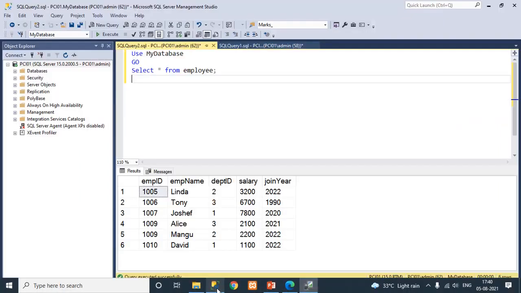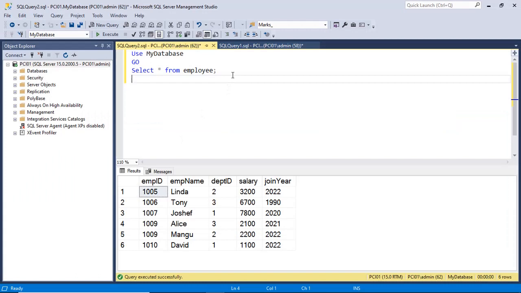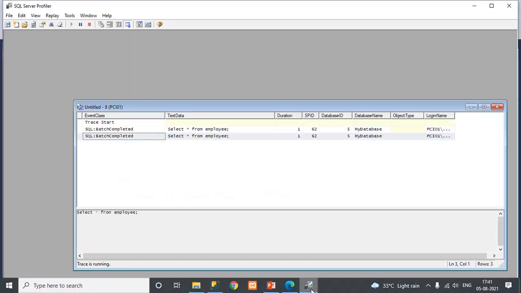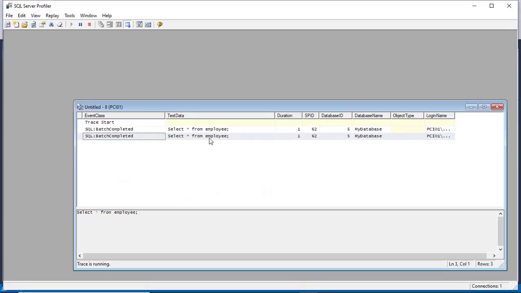Then departments, from another table. Okay, so execute again. Now again check. We have the statement for the employee table but not for the departments because of this filter. So this is how you can apply the filter on the text data column.